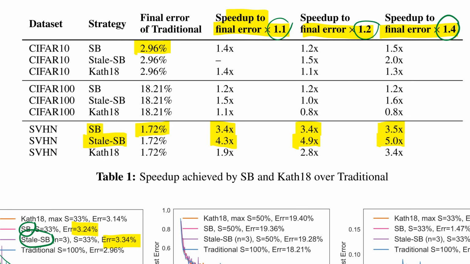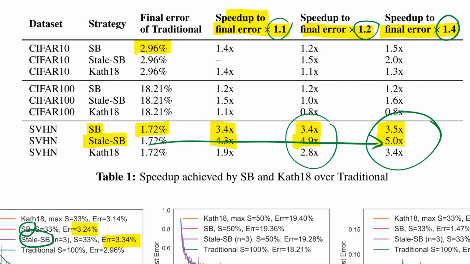First of all, you can see as you go to the right in the table, the speed ups get higher. And what it means is that as you make the problem easier, so as you need to reach a higher error, which is as you need to reach a higher loss value, these methods are faster. What that means is they're really fast at reaching a somewhat decent point, which is represented here. They're really fast, but if they need then to reach a more and more accurate performance, they themselves get slower